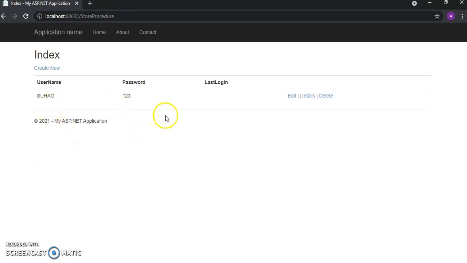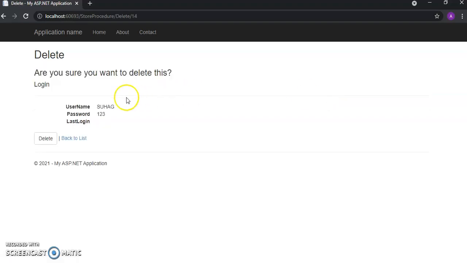You can see my data is created. Now to delete the row, first we will fetch the row data. So when I click on this delete link, you can see the data of the row is coming. It is because of the HTTP GET method. Now we will use the HTTP post method to delete the data. So when I click on this delete button, it will be deleted.